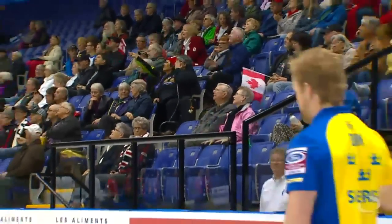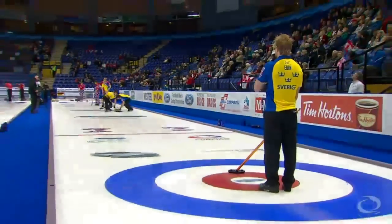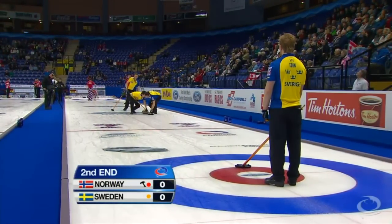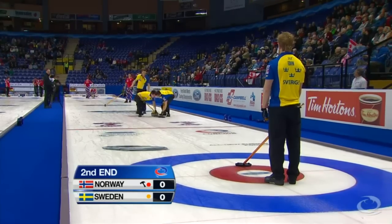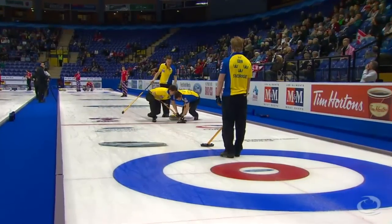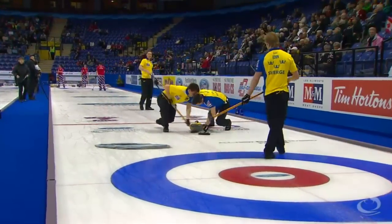Well, back in Victoria, the Save on Foods Memorial Center, Luke Coley with Al Hackner, and you see all the fans here in attendance. The red and white, definitely dominant, but a lot of the spectators like to cheer on these two teams in Sweden against Norway. A blank first,